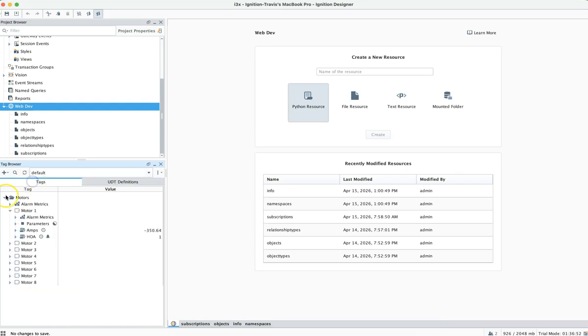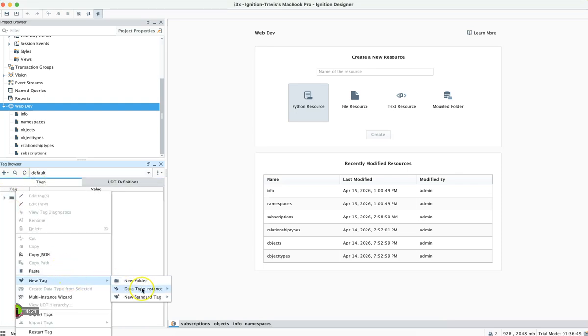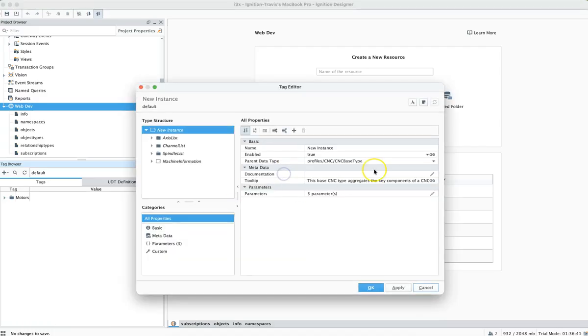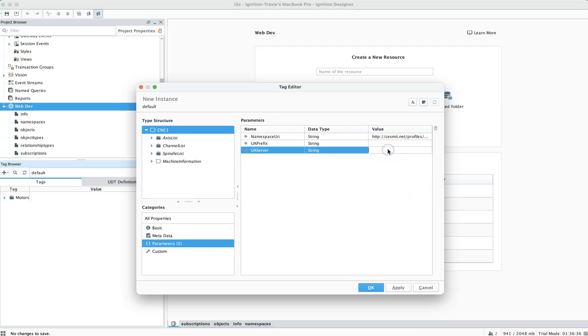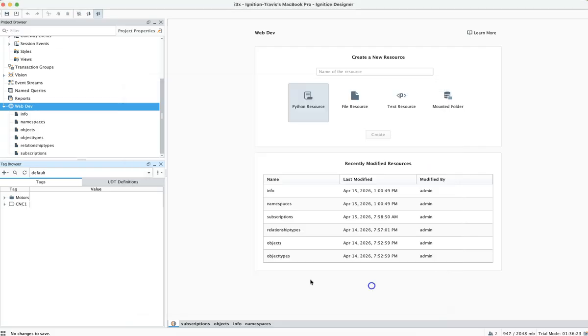So with that, I'm going to go over here to my tags outside the motors folder. I'm going to instantiate the CNC base profile. So we're going to go to our data type instances, profiles, CNC base type. I'm going to call this CNC1. I'm going to specify the parameters. So it's going to be my Ignition OPC UA server, and the UA prefix here in the PLC is CNC PLC and CNC1. And so that's it. Go ahead and press OK. I've now instantiated this new UDT. If I expand it, I will see the data that is coming in and ready to be exposed